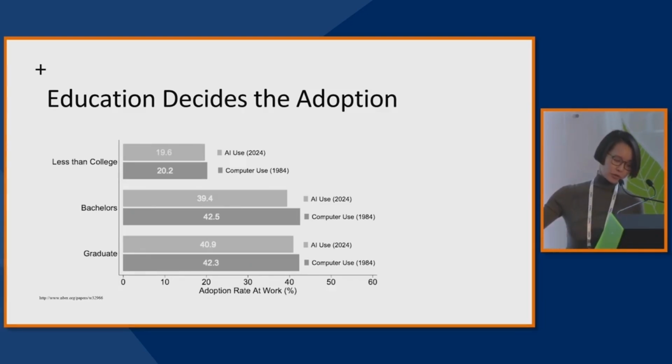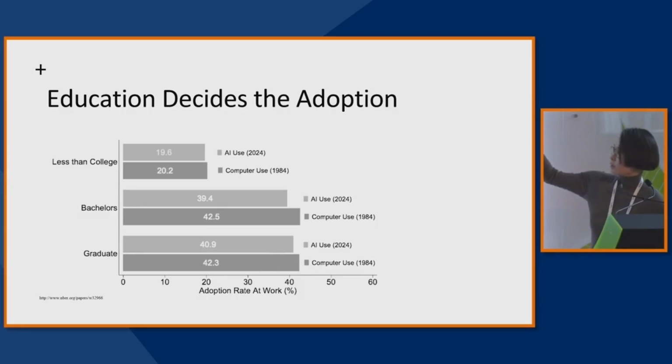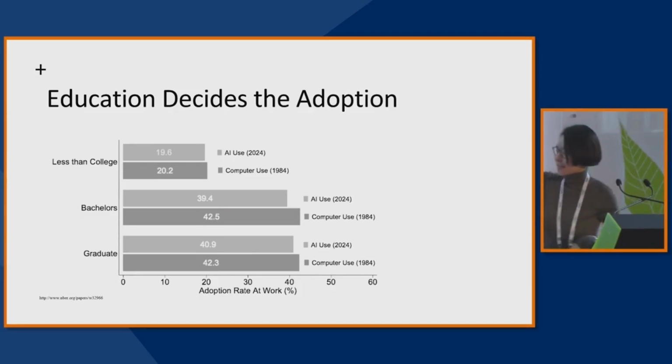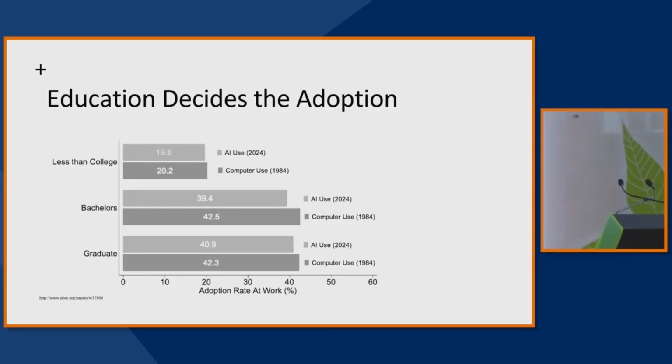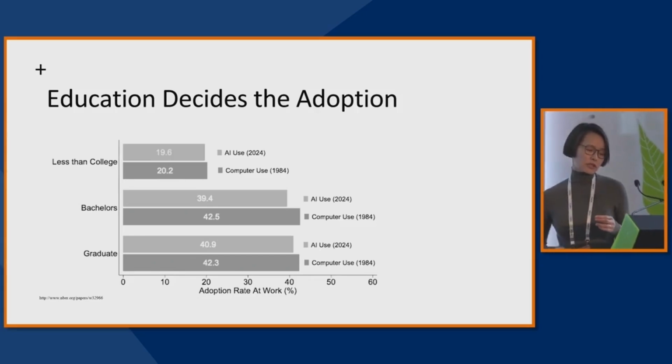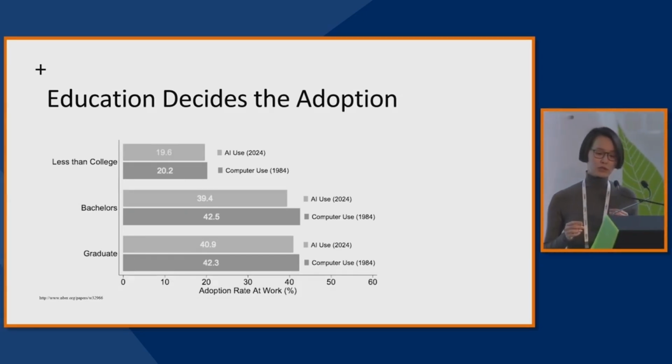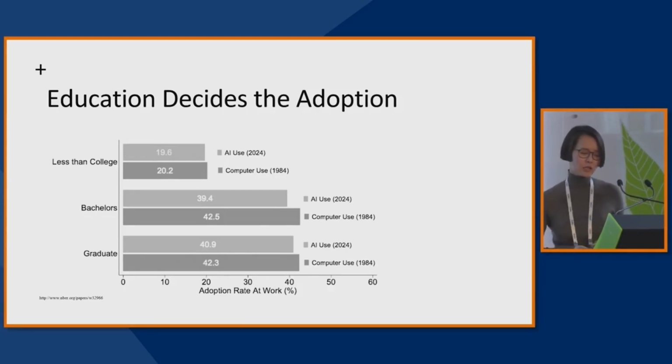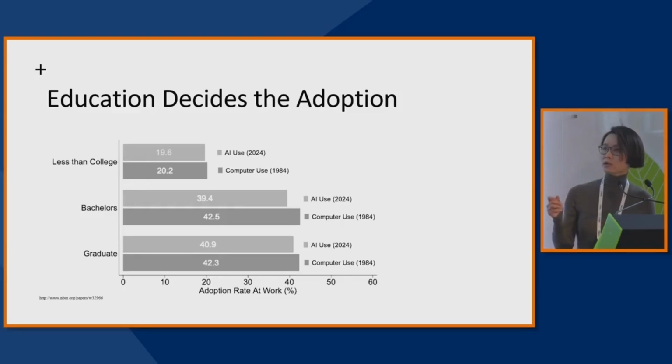If we look at only IT tool usage, comparing AI usage in '24 and PC usage back in the '80s, you actually see a huge gap here. That's framed with something that immediately attracts your attention. Essentially, those who were in a position to start using computers as part of their work process back in the '80s were those who had a degree, but also those who were already working in an office.